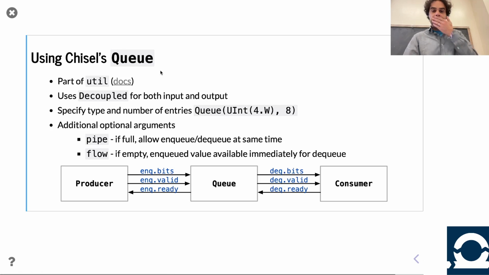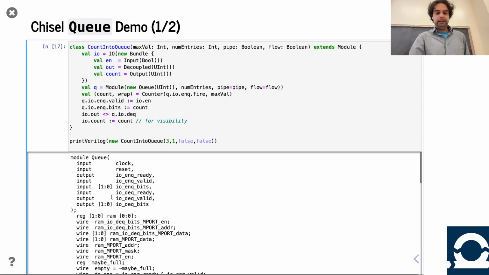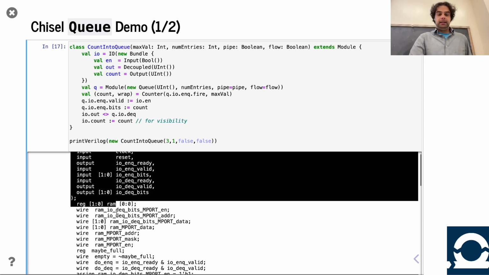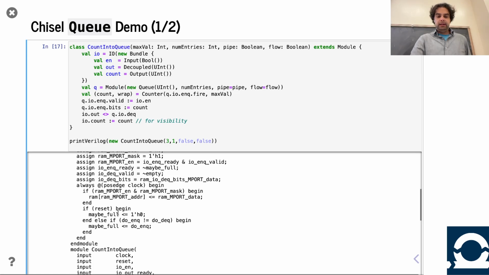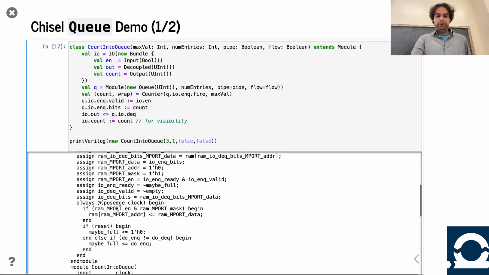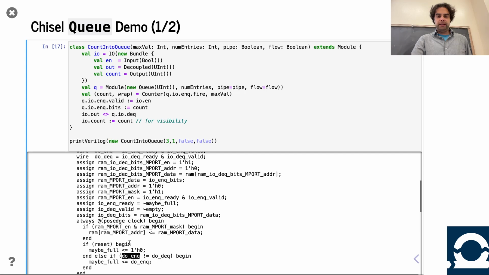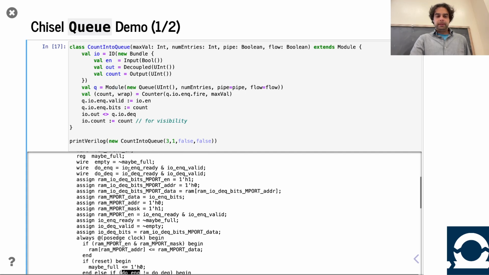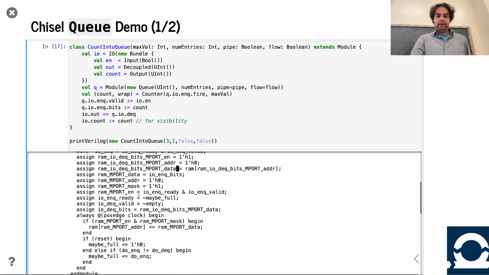But yeah, to the point, how is the queue implemented? The queue is its own module, right? Internally it uses mems, but the key thing is, when they're able to do NQs or DQs, it actually has this logic internally, which we're previewing from a future lecture right now. Let's see what we can do. So you can see when it's able to do an NQ, it's when the NQ is both ready and valid. It's ready to do a DQ when both ready and valid. So right now with pipe false,